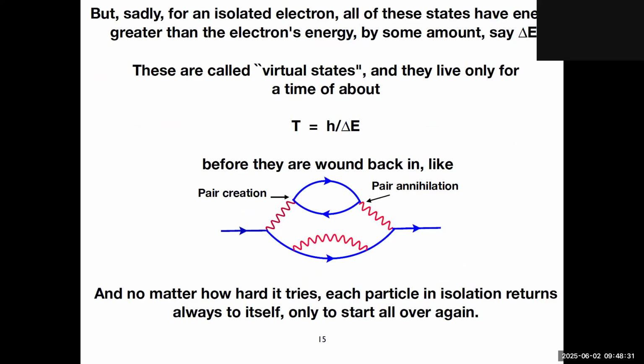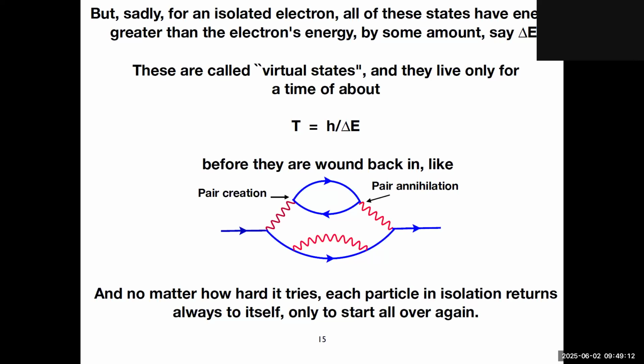And this is where Planck comes back into the game. T is h over delta E. Never mind h bar. This is the basic idea. The time at which it lives is 1 divided by the extra energy you would need to produce that state. And you could say, well, but these aren't Lorentz invariant quantities. And it's certainly true. If you go to a boosted frame where now delta E is, well, it depends. Delta E may get larger or smaller. The time correspondingly gets smaller or larger. Okay.